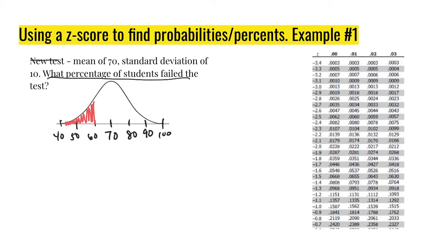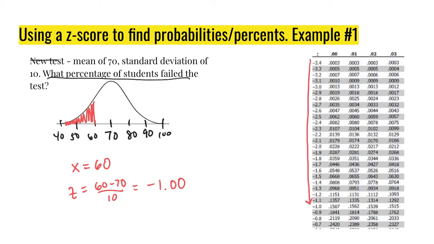Let's think about this in terms of z-scores. So my x value here is 60. My z value, 60 minus 70 in terms of 10, is negative, not negative 10, but negative 1. I'm going to look at the table. This would be negative 1.00. I'm going to scroll down here, all the way down to negative 1.0, and then I'm going to find, well, what third digit do I want to add there? I want to add a 0, so I'm going to find that here, and I'm going to scroll down until these guys meet, and that's my value right there. This equals